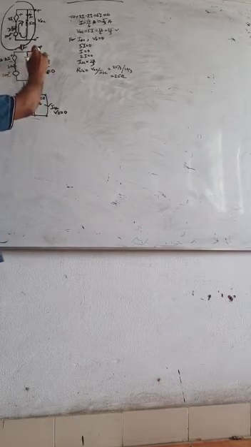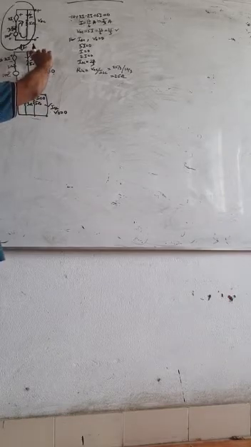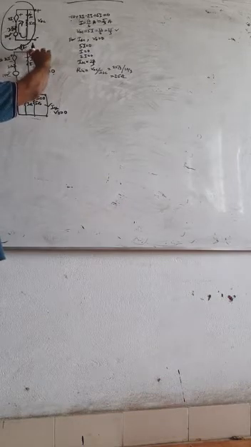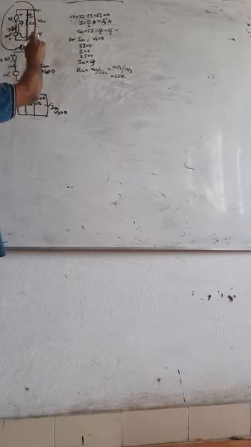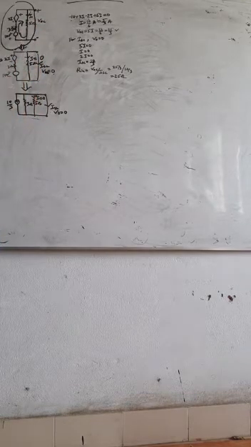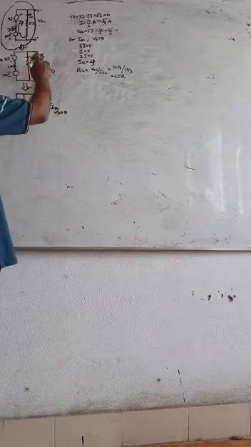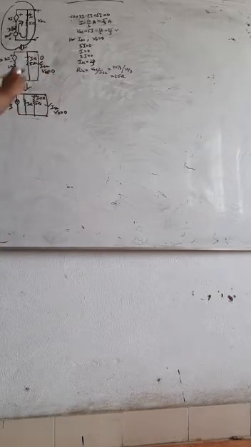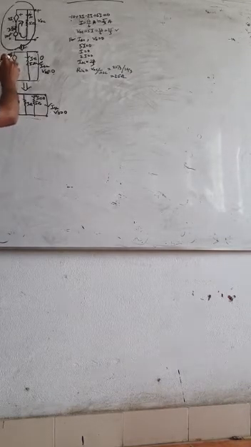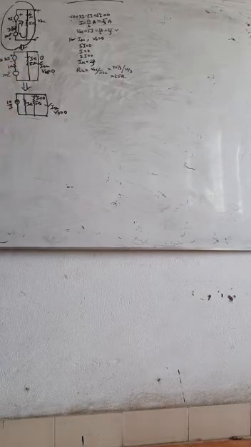I is equal to 0 because if the load terminals are short circuited, then VOC is also equal to 0. If VOC is equal to 0, this resistance is parallel with the load, so the drop here also is equal to 0 in the ideal case. We are assuming that the entire short circuit current is flowing through the load terminal. So I is equal to 0 means that the dependent voltage source 2I is also equal to 0.